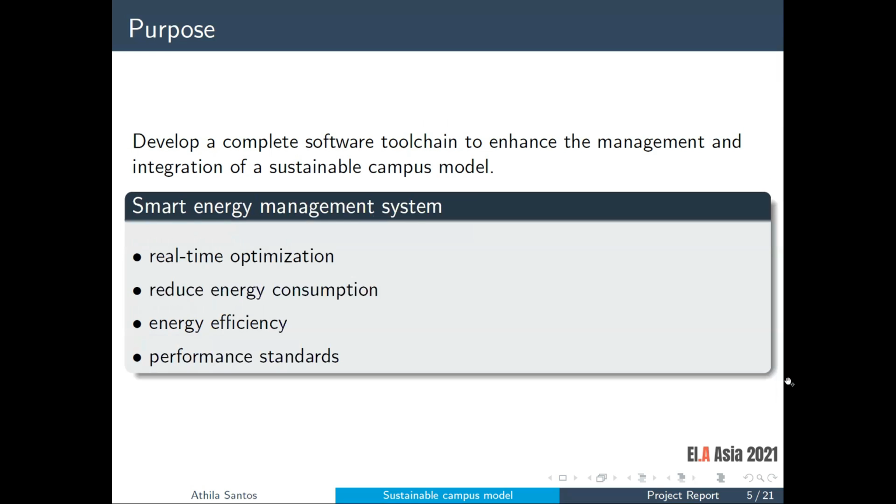campus. And also, we would like to have a smart management system that also works in real time and can have multi-objective functions here, like reduce energy consumption, efficiency, and also apply performance standards for the buildings inside the campus. Of course, we are trying to develop this framework. So the idea is to have the system